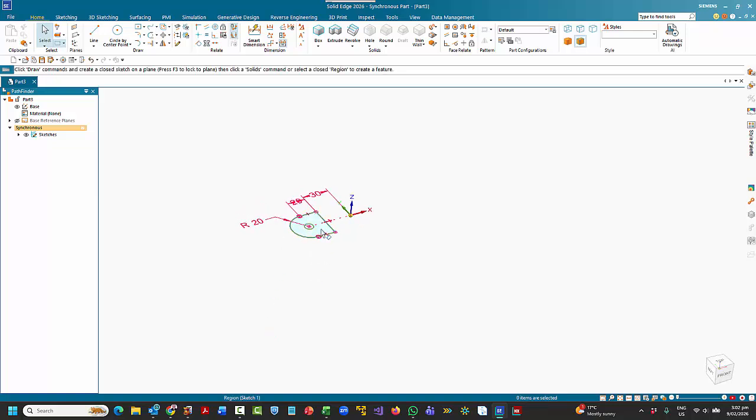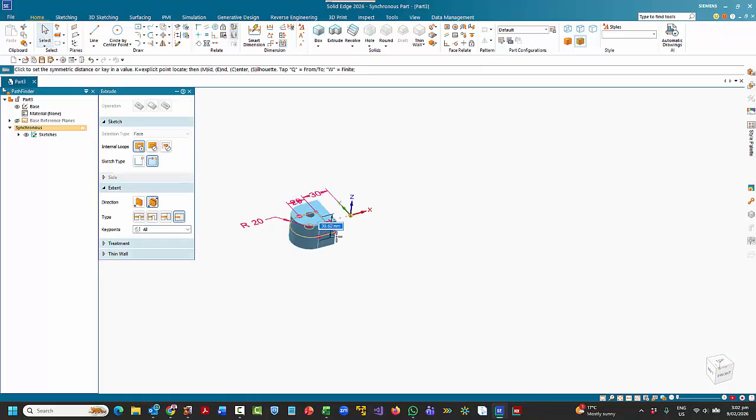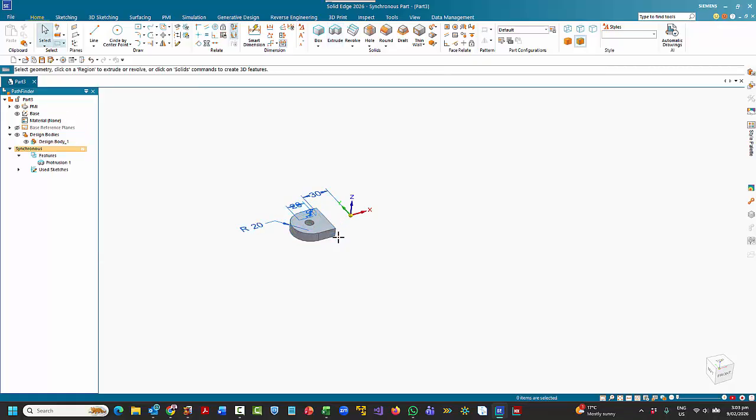Then I can click in here and I can then go symmetric. If I hold the shift key down, it goes in a single direction. I want to go symmetric, and we'll make this 10 mil thick. Then I will hide my PMI, and what I want to do is create the same thing at the other end,